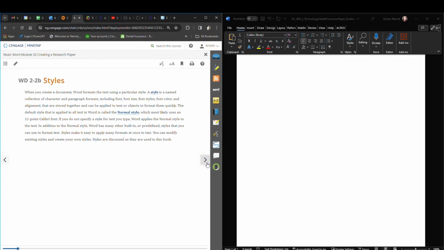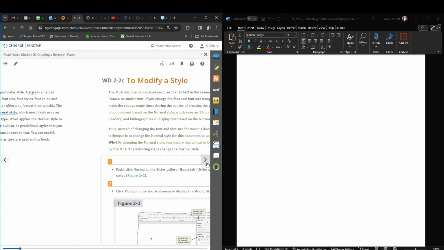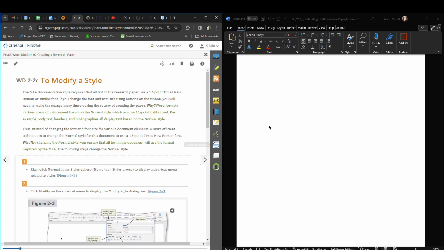Now that we have our start file open and saved with the expected file name, read section WD 2-2B that explains that a style is a named collection of character and paragraph formats, including font, font size, font styles, font colors, and alignments that are stored together and can be applied to text or objects to format them quickly. We will modify Word's default style Normal in section WD 2-2C to match the specified document settings for a MLA